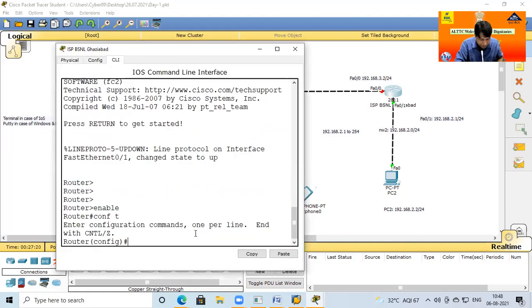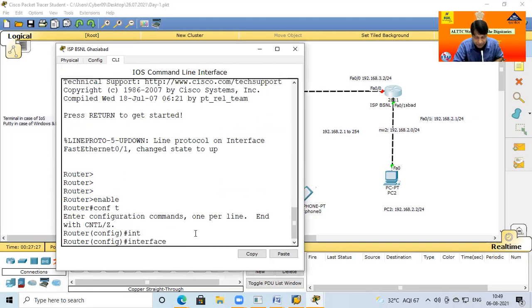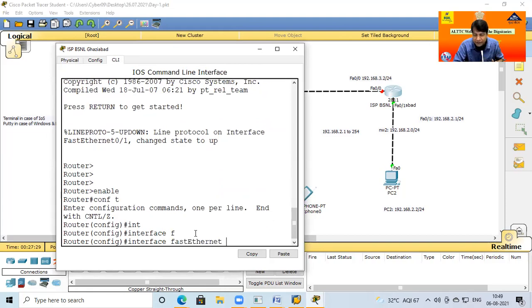For this port, the interface command is int in simple language. The complete command, if I write it with the tab button, is interface FA, FastEthernet, 0/0. This is the complete command, but it is the IOS operating system, the most powerful operating system among all others. By default, if you write only int space FA 0/1, it is easy for the system to understand what the user wants to write here.